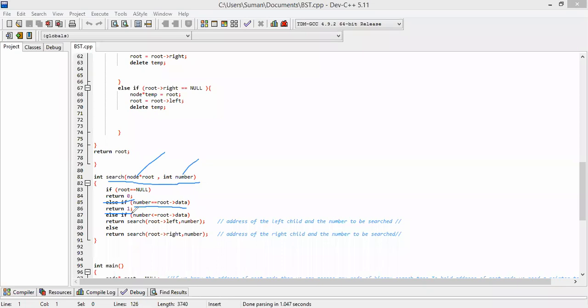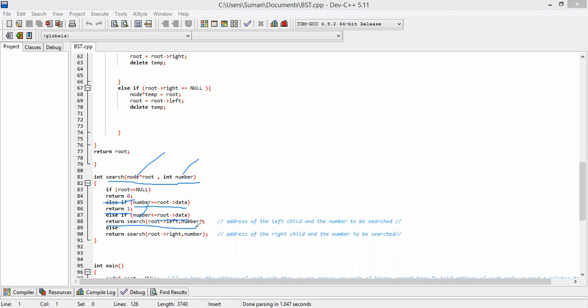That means the data which we want to search is present on the left side of the root, in the left child. Then you can see it is returning search of root left and number.